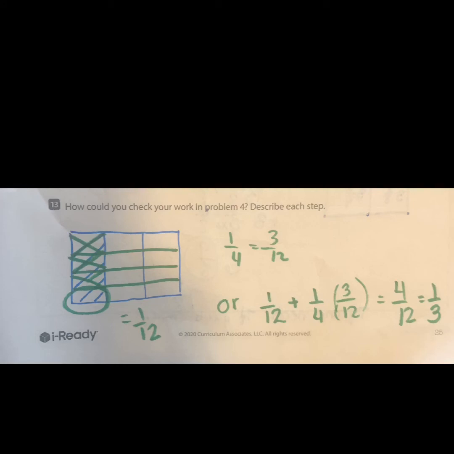You could show this in different ways for number 10. One thing that I did is I divided my rectangle into thirds, and I shaded in one direction 1/3. And then I did the other way into fourths, and I counted how many pieces would be 1/4, and there would be 3 of them, so 3/12. And so then I crossed out for my 1/3, 3 of the pieces, which equals 1/12. Another way is I could just add it backwards. I could say 1/12 plus 1/4, which is the same as 3/12, equals 4/12, which is the same as 1/3